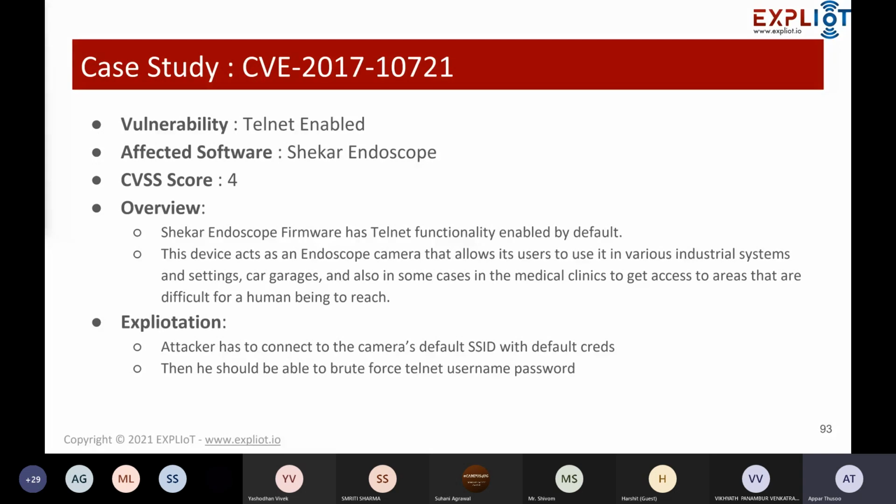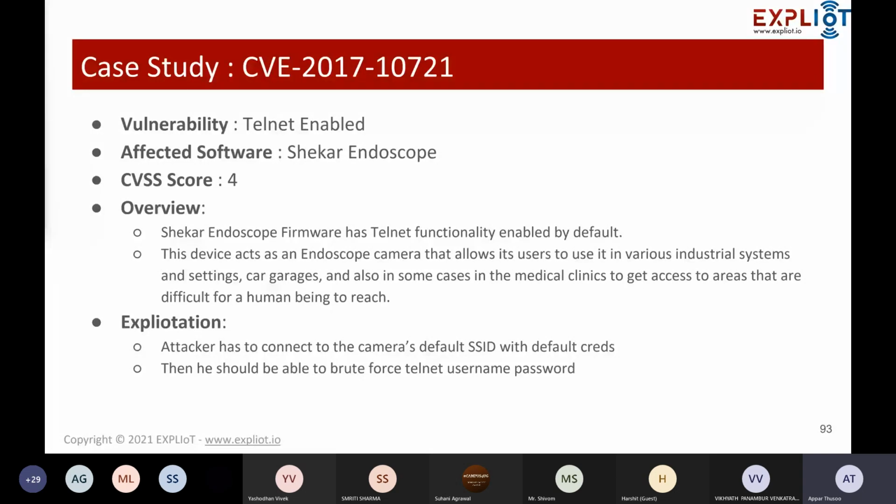I'll talk about an interesting case study, and then I have a few demos for you. So this is a CVE 2017-10721, which was that the firmware had telnet enabled. The product was an endoscope. Endoscope is basically used to probe into either your industrial system, your car garages, or even the human body. Sometimes you send out the endoscope through your esophagus down to your abdomen in order to check for